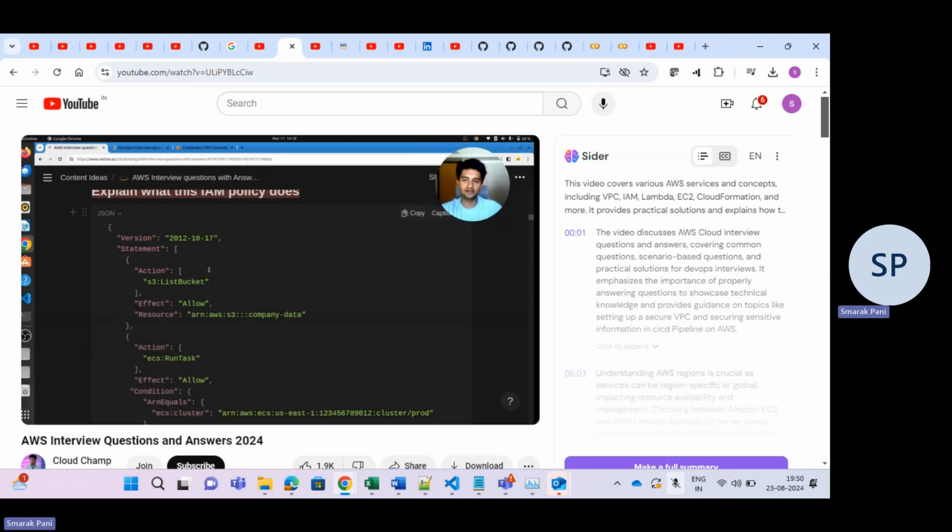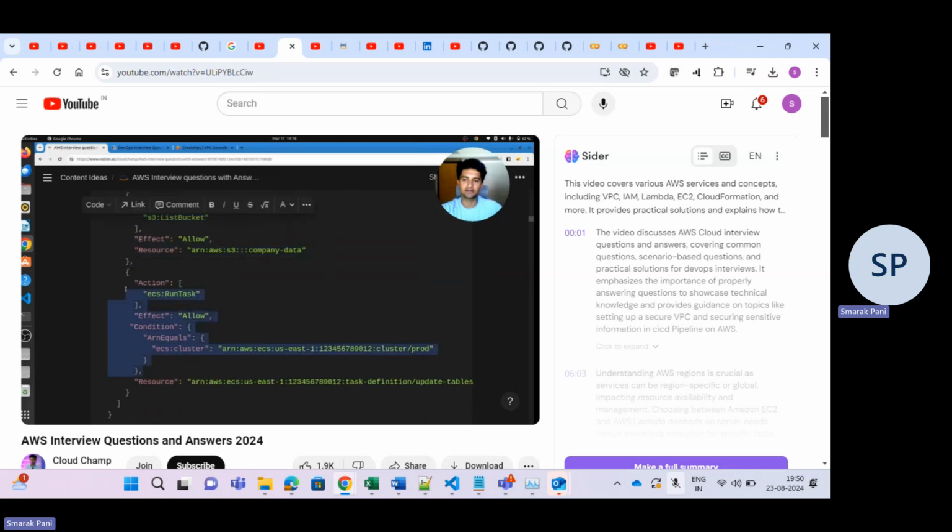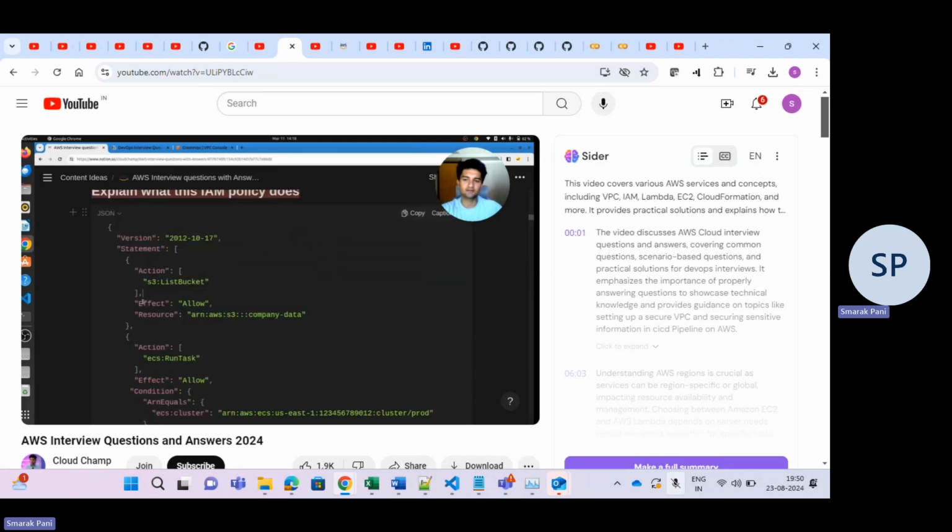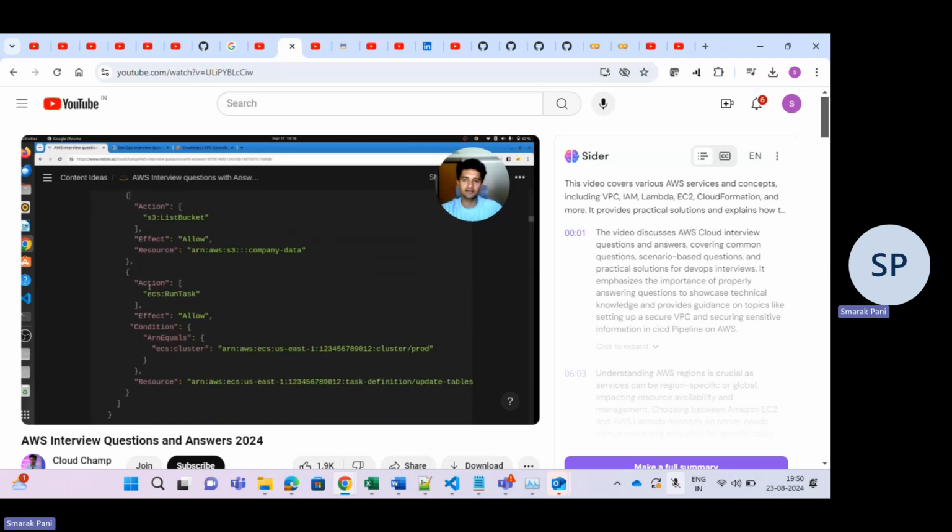So in this IAM policy, we have two statements. You can see this is one statement here, and this is second statement here. If you look at the policy properly, there are three things: effect, action, and resource. So effect is allow, which means it is allowing something. So it is allowing you to list bucket and also the items inside the bucket only for this particular bucket, which is company data. And the second part of the policy is saying allow running task on this particular task